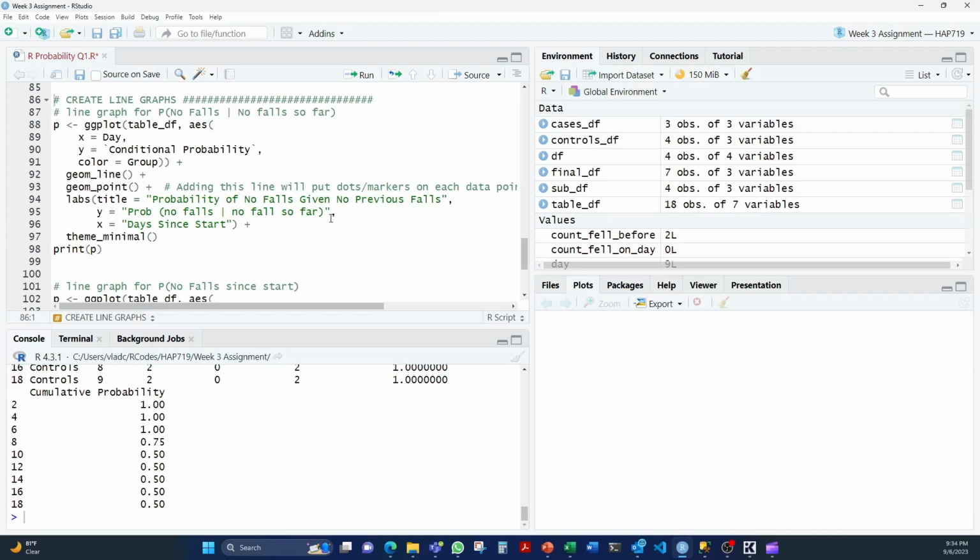Now that we have this probability table, we can proceed with creating the graphs. We recommend creating a line graph. So in ggplot, you can create a line graph by adding a layer called geom_line. We also want to plot each and every point in the graph, so we also use the geom_point layer. Okay, so we will plot the day on the x-axis and the conditional probability on the y-axis. And by doing so, we will create a line graph for the probability of no falls, given no falls so far. Okay, so when we run this graph,